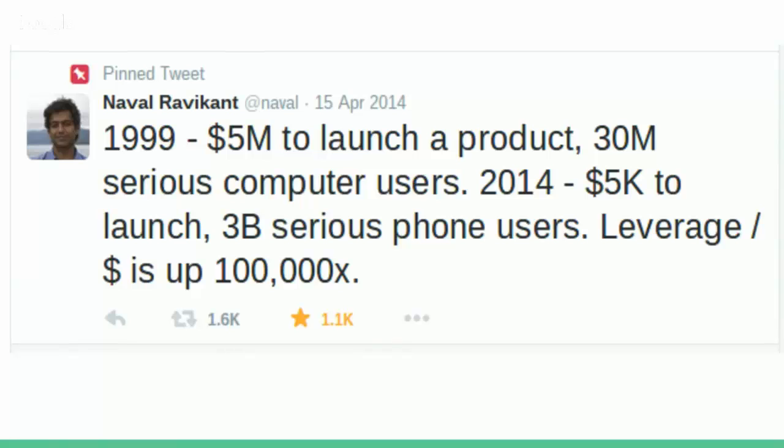Anyway, what he's saying here is that in 1999 it was at least $5 million to launch a software product. You had to buy the servers, you had to buy extremely expensive enterprise software to develop it, and you had to hire multiple developers. At the time, in '99, there were about 30 million serious computer users. 30 million. So, okay, fast forward to 2014,